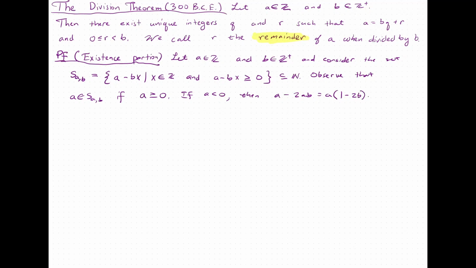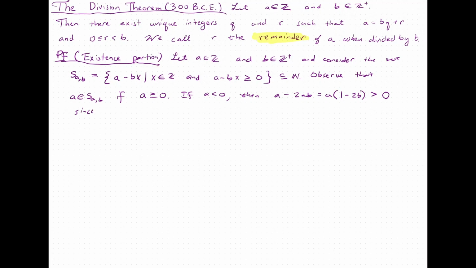Now a is negative, and b, by assumption, is a positive integer, so 2 times b is positive, but 1 minus 2 times b is always negative. So we have negative times negative, and so this is positive,